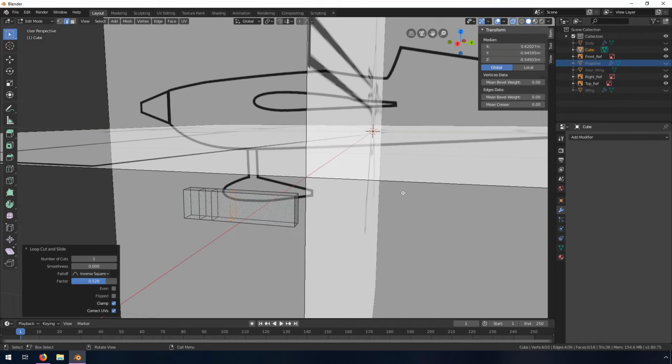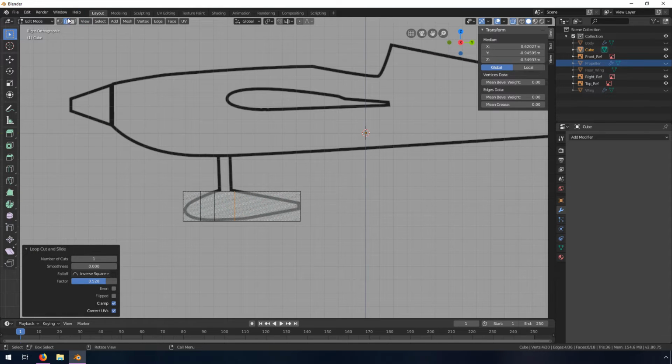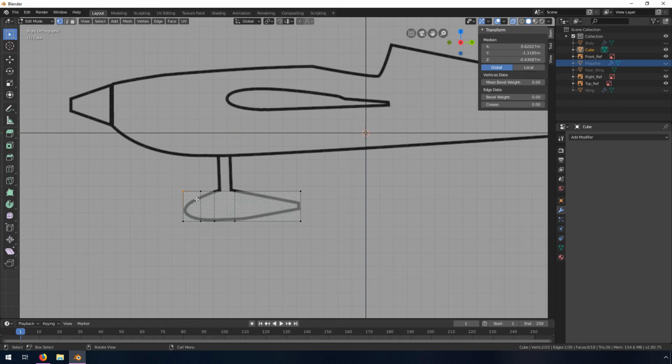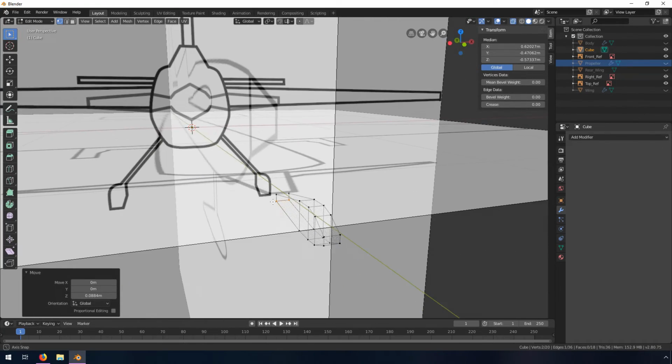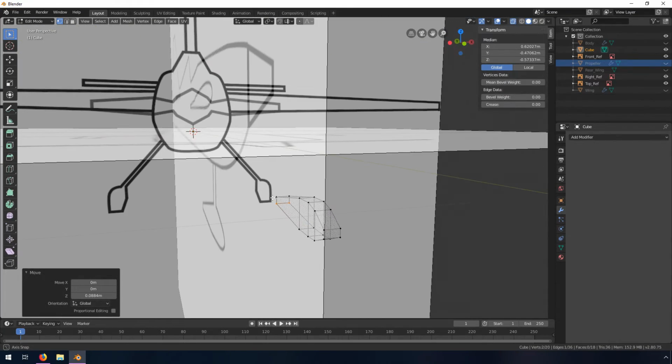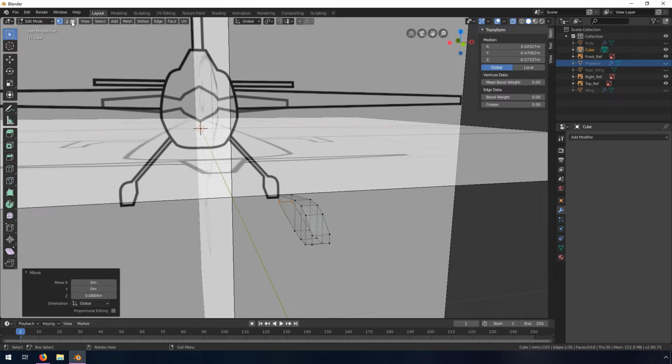So now we've got this shape, so let's switch back into the side view. I'm gonna go into vertex. We're going to move this down by hitting G, Z, G, Z. Now this is a part of the plane that probably no one's going to pay any attention to, so I'm not going to spend much time making this look very good. All right, and then I think what I want to do here is switch into face mode,